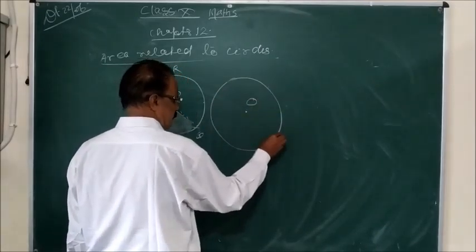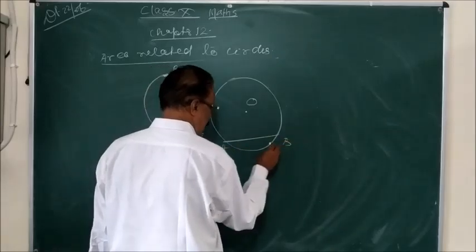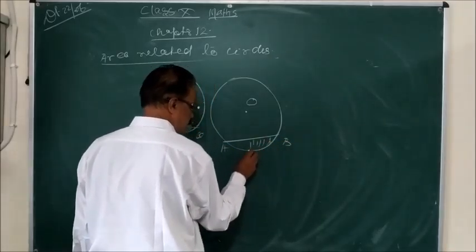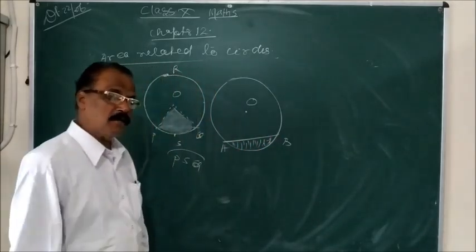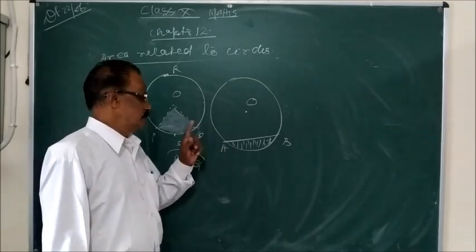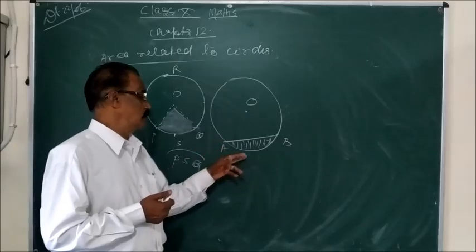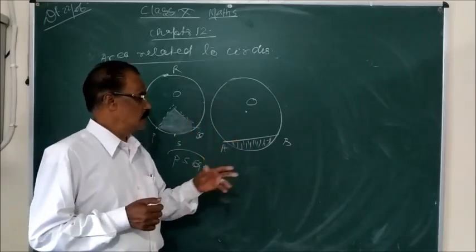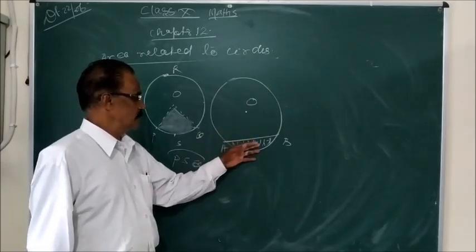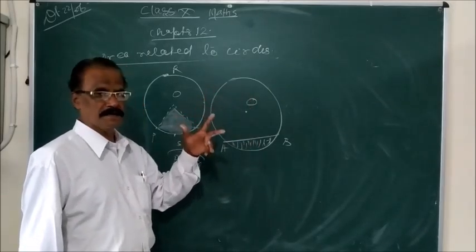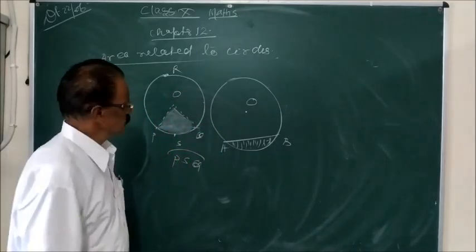Now you see the segment. Suppose this is the center, and this is a chord. Suppose AB, and this portion you can see here. This centered portion is called segment. How can you define the segment? The area enclosed by a chord and corresponding arc. That is called segment. And also here, this may be minor segment and this is major segment. So segments and sector you understood.